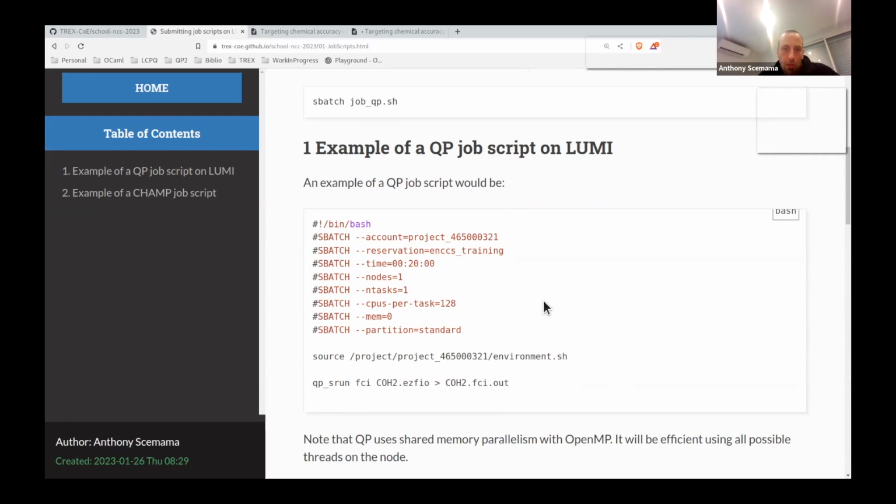So basically you will reserve one node with only one task, and your task will use, let's say, 128 cores, because on LUMI, the nodes that you can access have two processors, each with 64 cores. So you can basically use 128 cores with shared memory on each node. That's the way we're going to run quantum package.